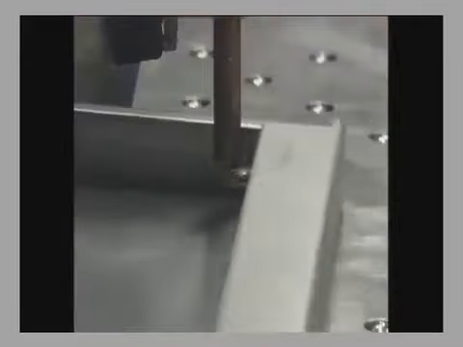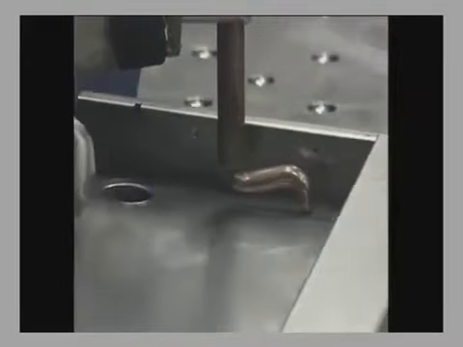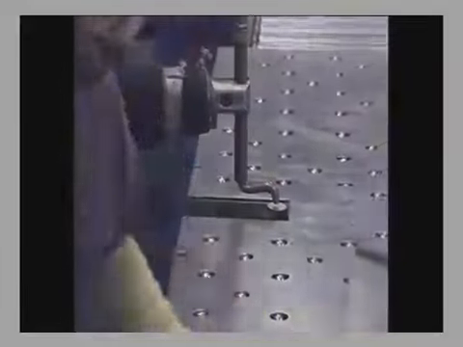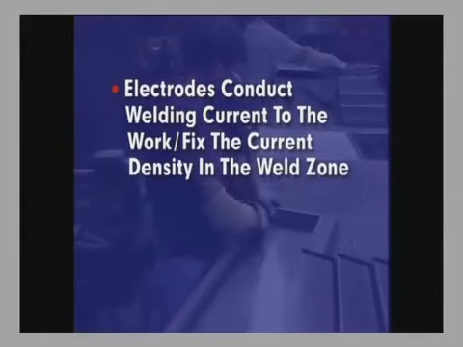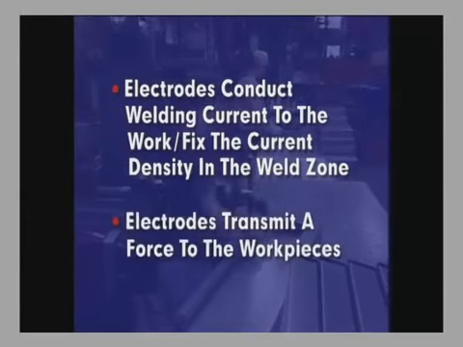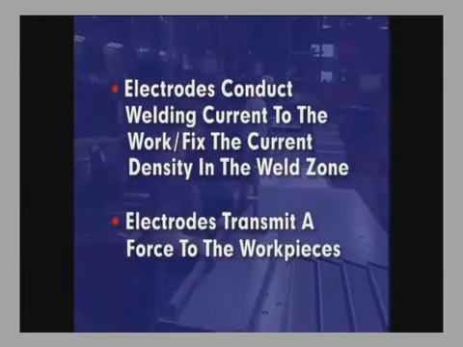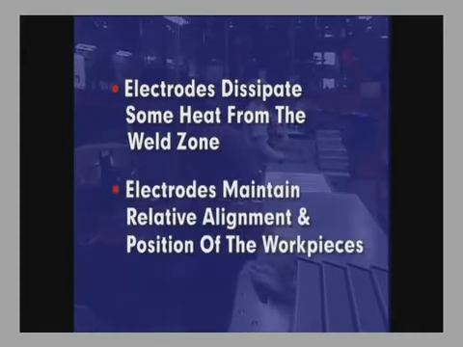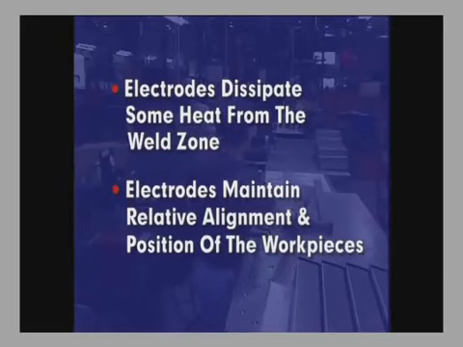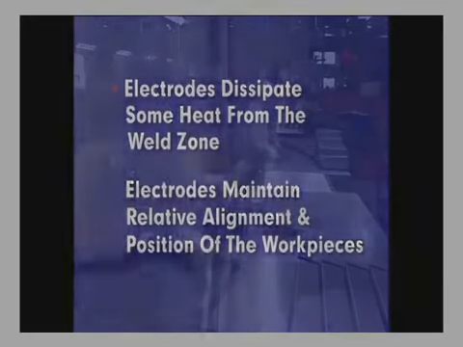All metals which can be fusion welded are weldable by resistance welding. Resistance welding processes use copper electrodes. These electrodes perform four functions. They conduct the welding current to the work, and in some cases, fix the current density in the weld zone. They transmit a force to the workpieces. They dissipate some heat from the weld zone. And they maintain relative alignment and position of the workpieces in some resistance welding operations. Very high electric